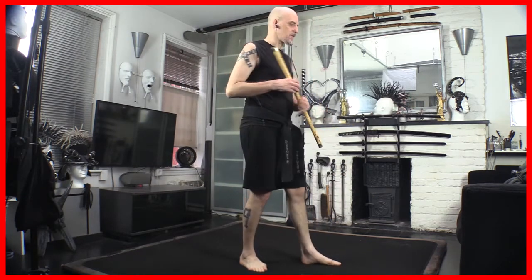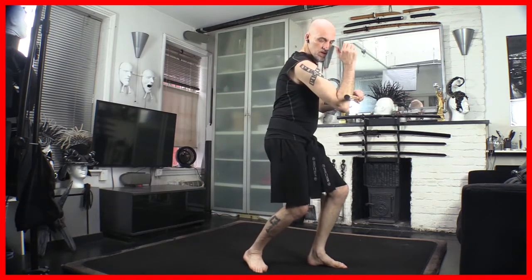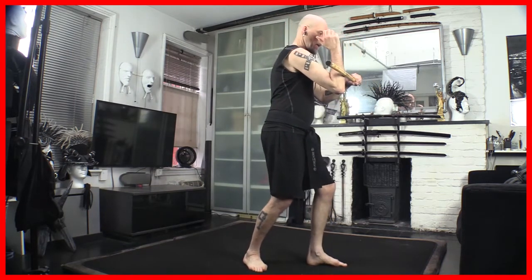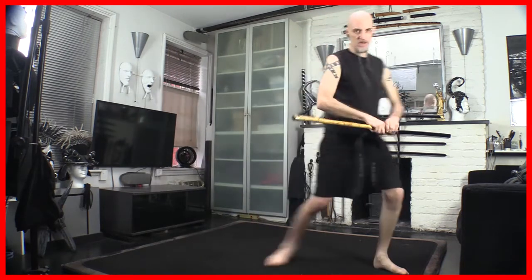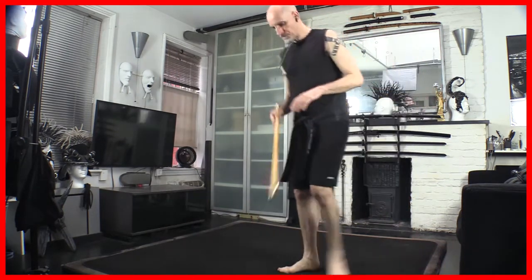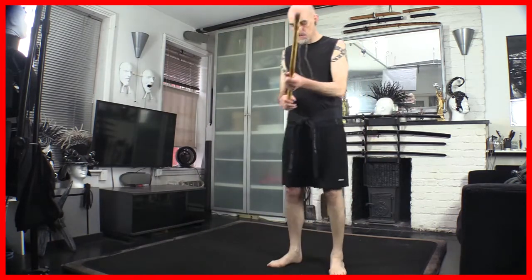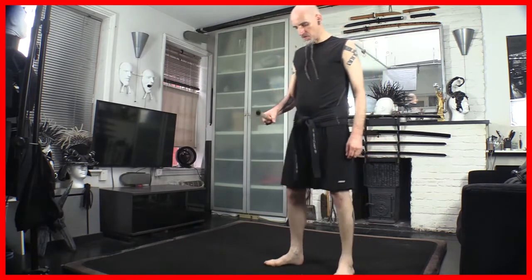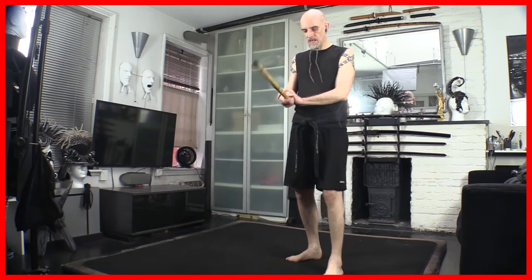So the idea is that the attack is coming in, and we're going to come into it with this vertical pushing, and then we can drop trap, and then we're going to come across and do our kote gaeshi. So again, just to break it down into simple steps, we're going to just do the opening part. So we're going to have left foot forward. We're going to just hold the stick at